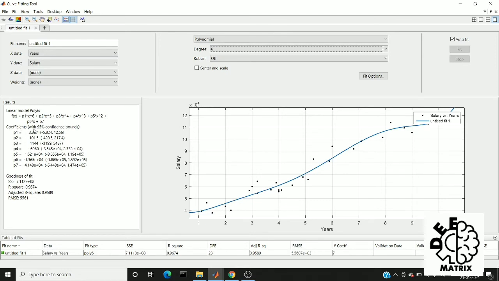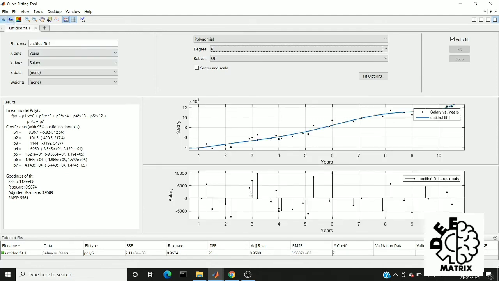Here you can see the confidence bound. This line is 95% confident because 95% of data points are closely related to this. We can also find a residual plot. This is the residual plot, which gives the value of error between the fit and the data point.